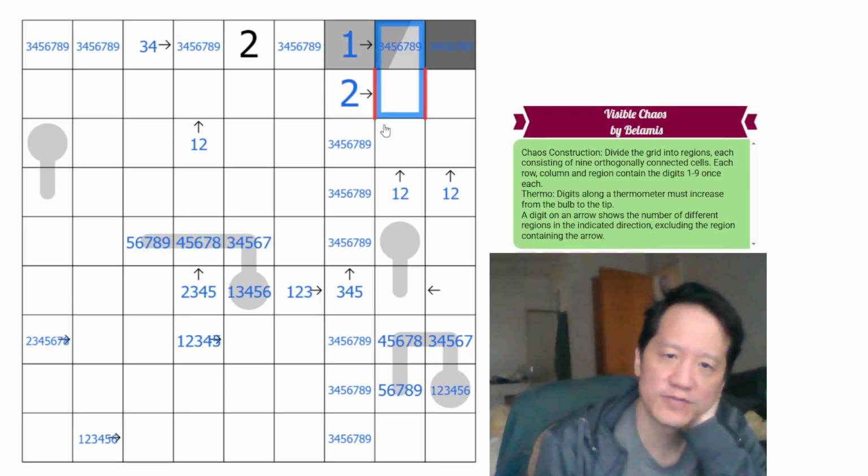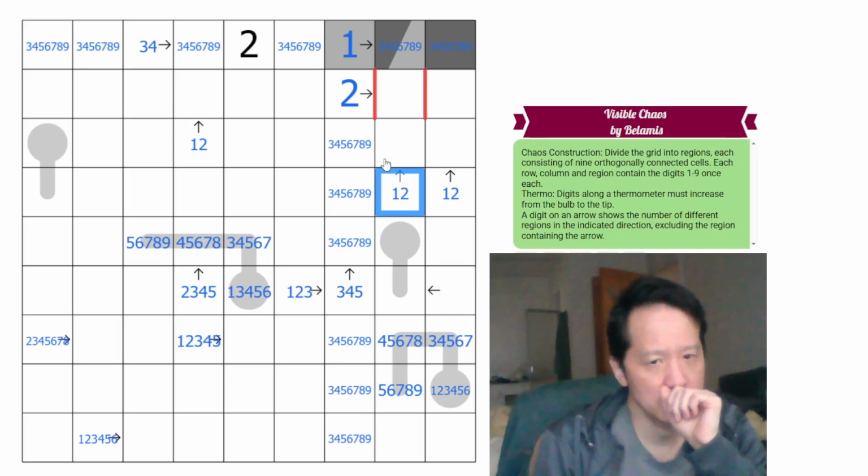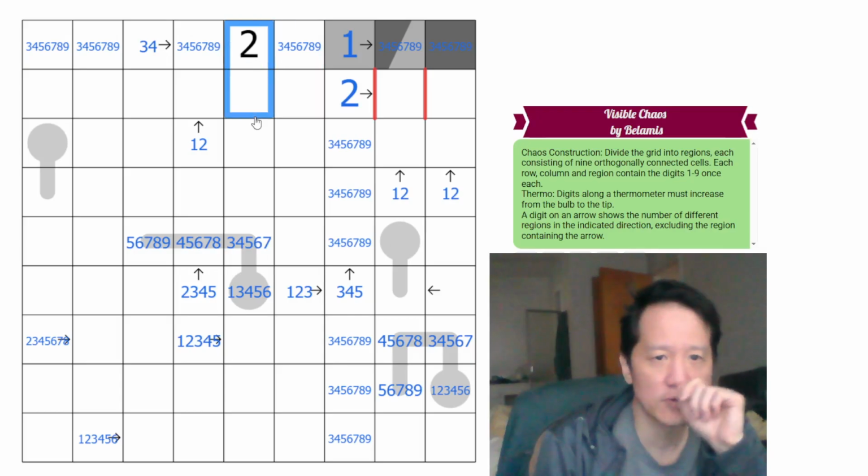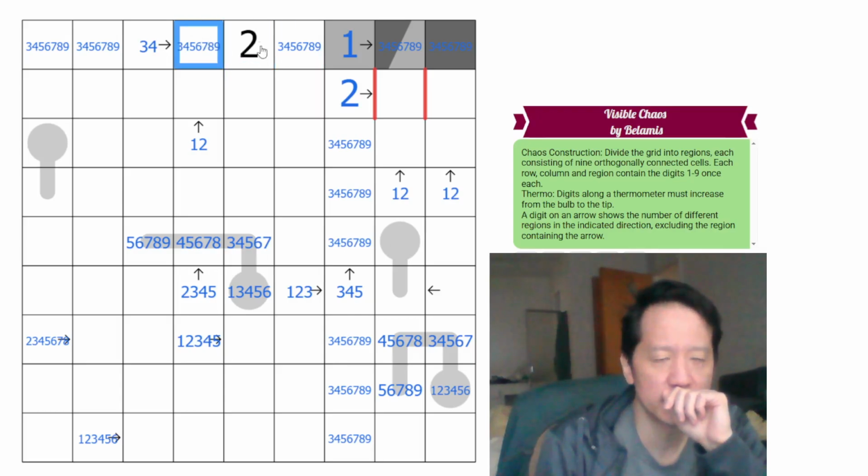So there cannot be a different region coming this way. And this can't be 5, because we have run into the same problem, I think. Right? You have 1, 2, 3, and this is either 4